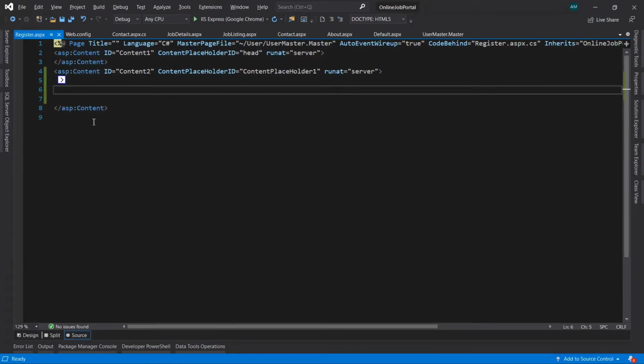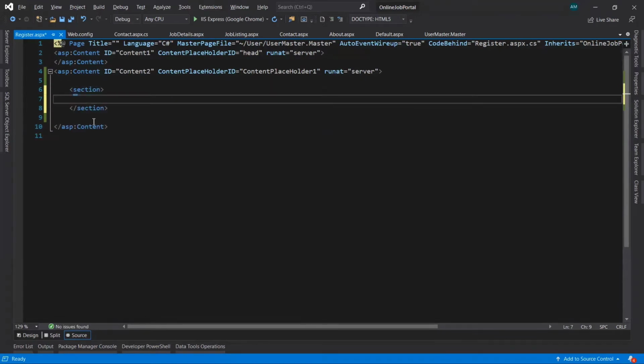So let's take here a section tag, and go to the contact page.